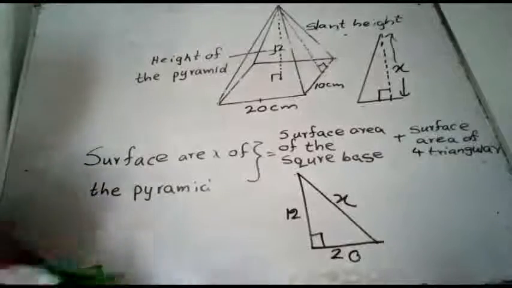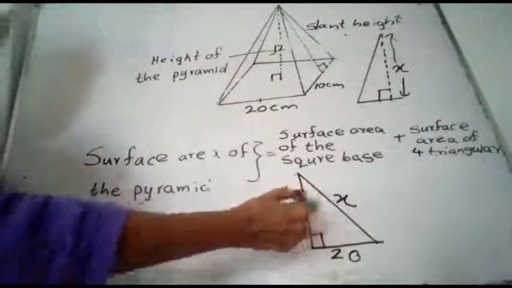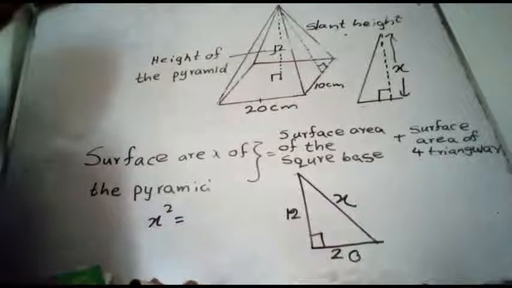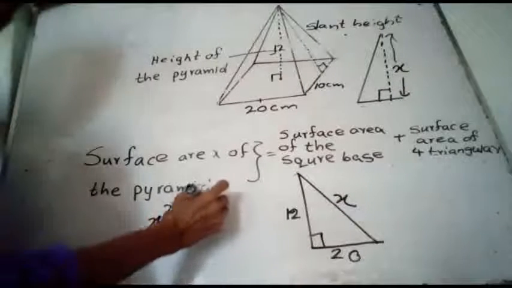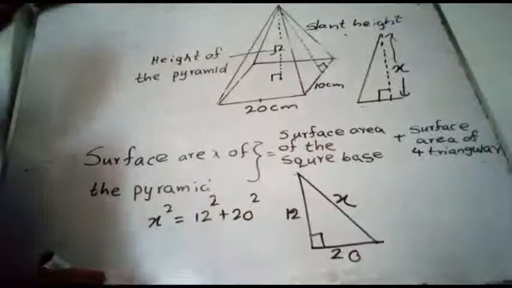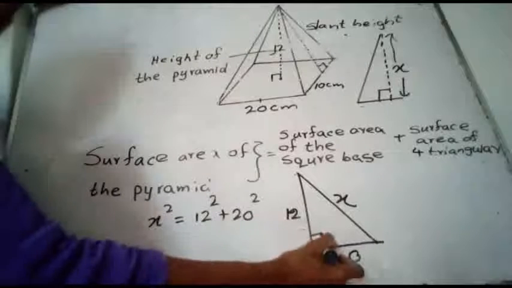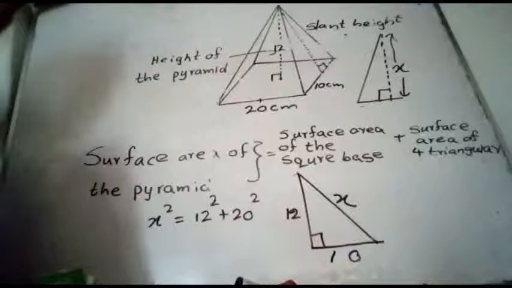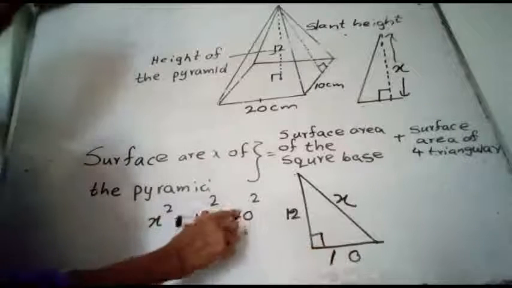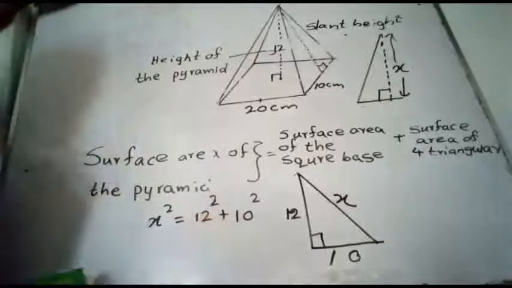Then using the Pythagoras relation, x squared is equal to 12 squared plus 20 squared. Not 12, not 20, 10. Yes, half of 20 is 10. 10 squared plus